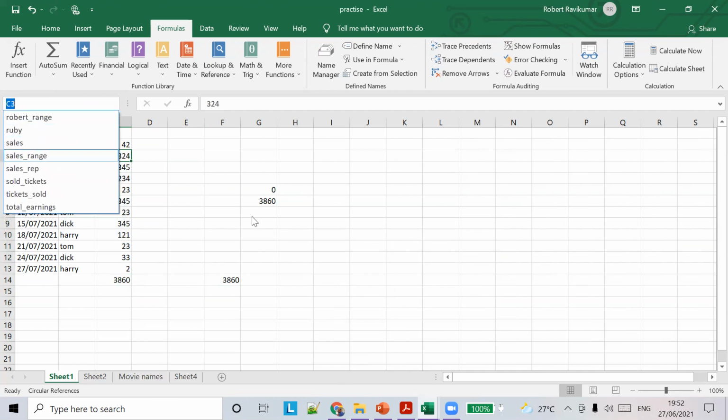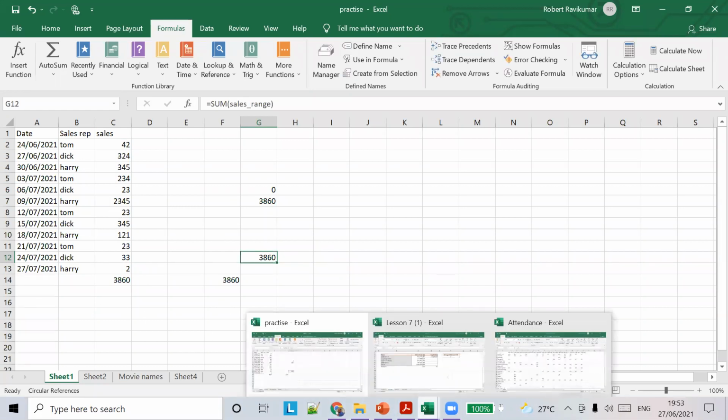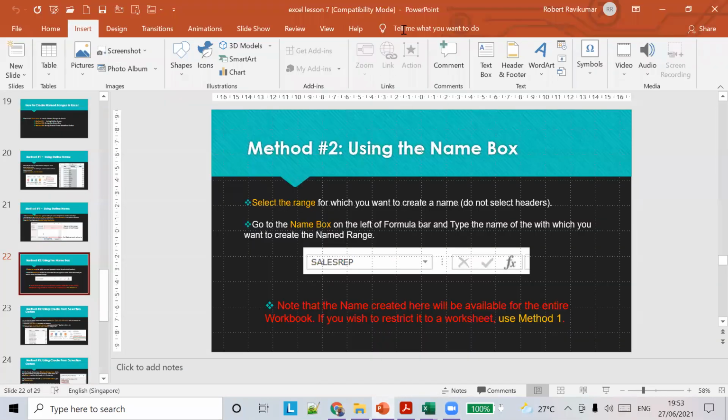Yeah, sales range is here. If you want to refer to this, you use sales range. So that's it. This is how you create a new definition name range. So this method is clear for you guys.